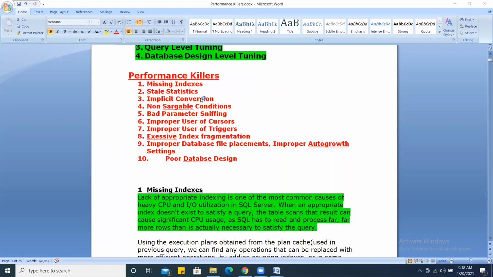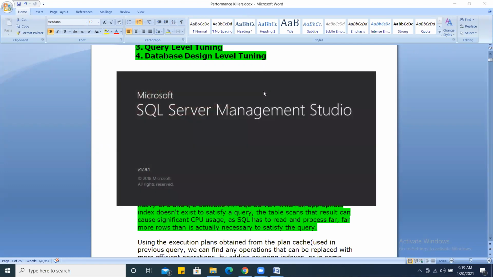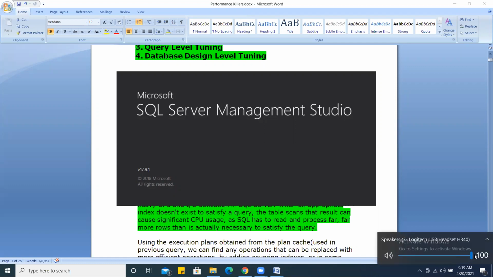So the first thing is that statistics is a database object. You have many objects in a database, such as table, indexes, views, database triggers, procedures, functions, users. These are your database objects, isn't it? In the list of the database objects, statistics is one of the database objects, right? So if anybody asks what a statistics is, your answer should be it's a database object.